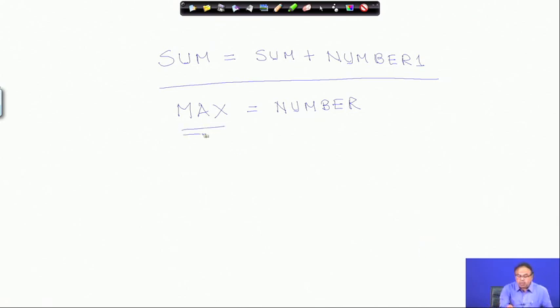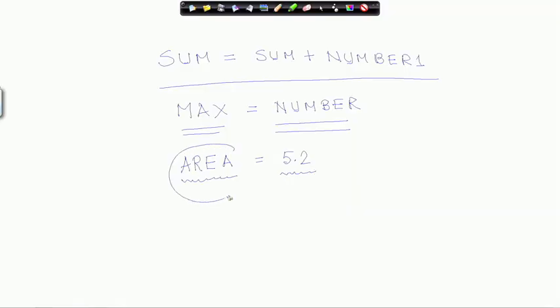Now, the question is, what are these things? Max, number, all right, or for example, if I write area is assigned 5.2, what is this area and what is this 5.2? This is a very fundamental concept that we will be discussing today. These are known as the variables, and these are known as the values.